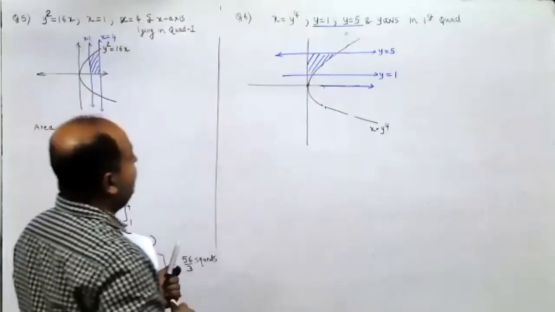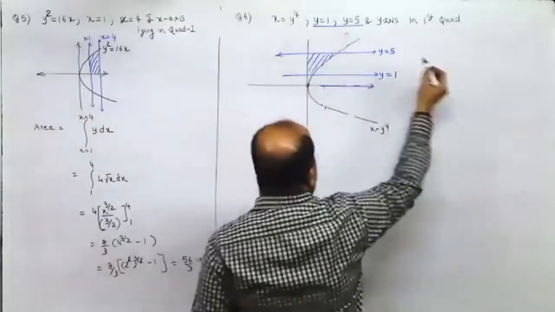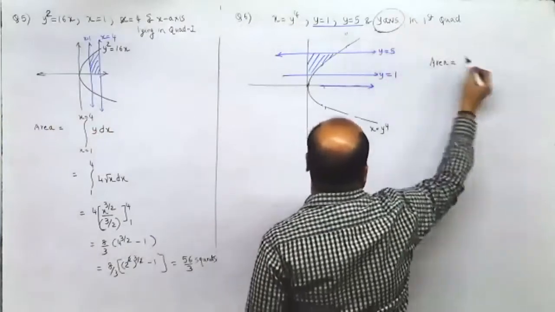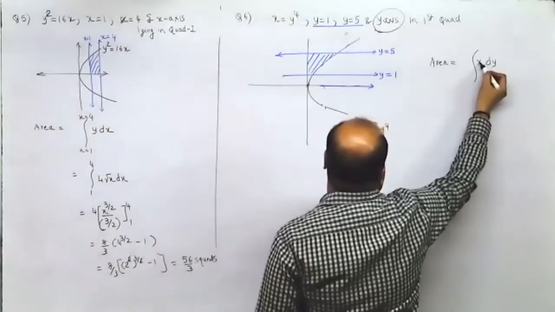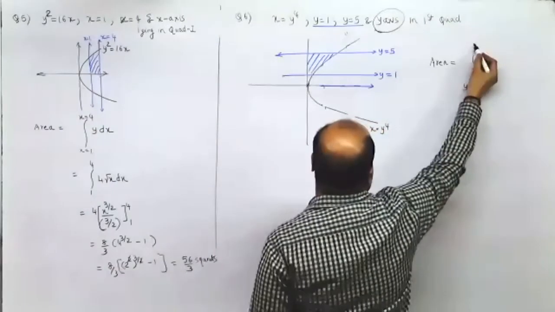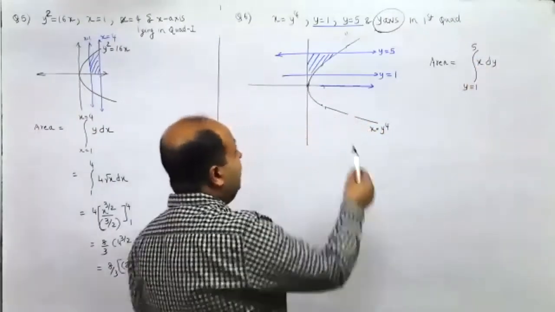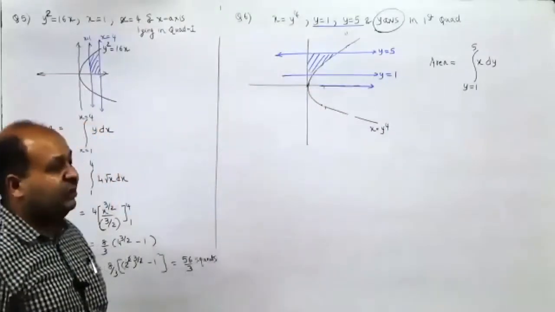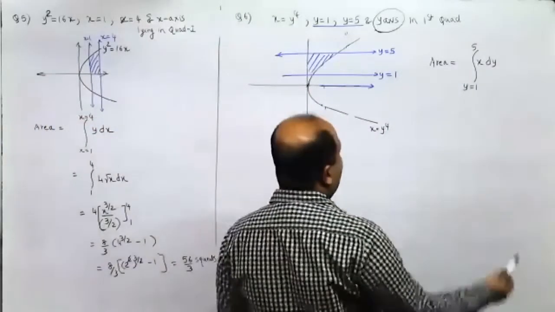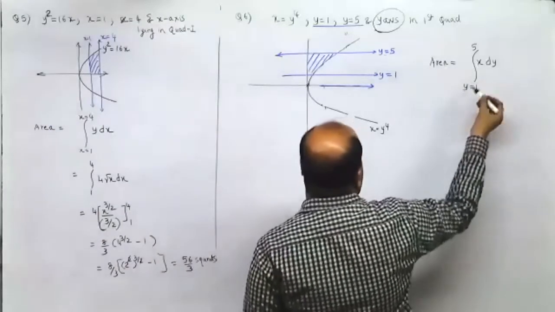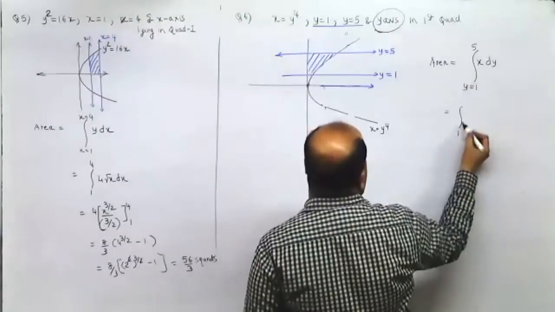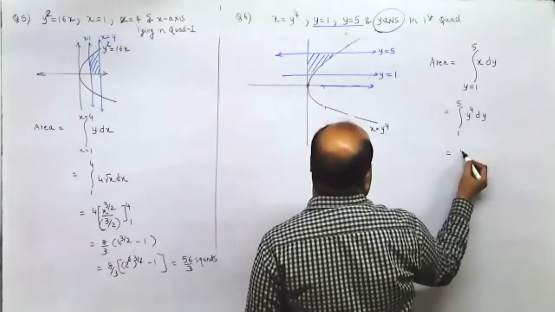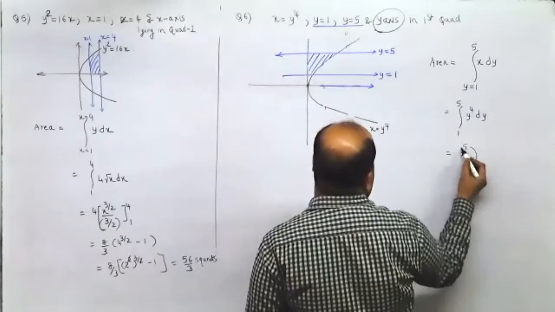Now here, since you have to find the area between the curve and the y axis, write dy over here, write x over here. This is y equal to 1 to 5, between which you have to integrate. It is only in the first quadrant, so you need to integrate only this much part, and it is multiplied by 1 itself. You don't need to multiply it with any other number. Here, this would be x dy, so x would be y raised to 4. This is dy. This is y raised to 5 upon 5 between 1 and 5.